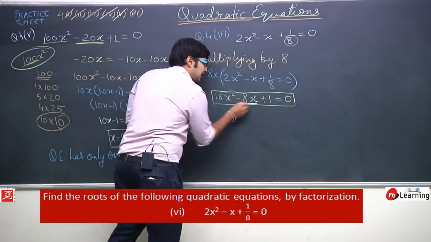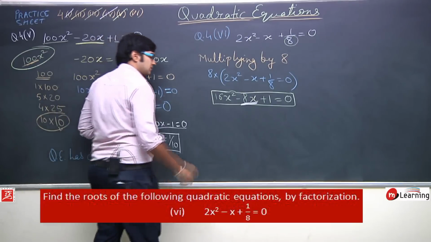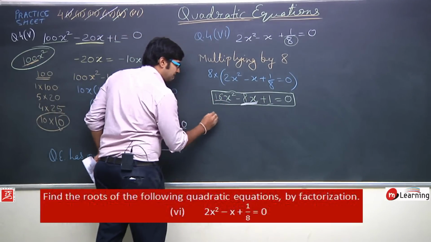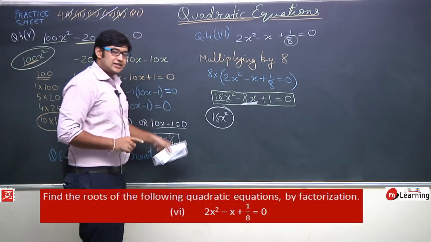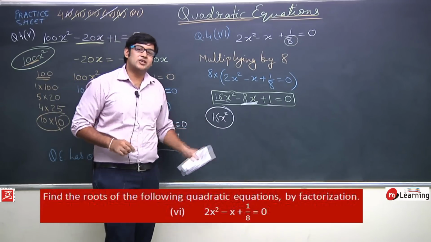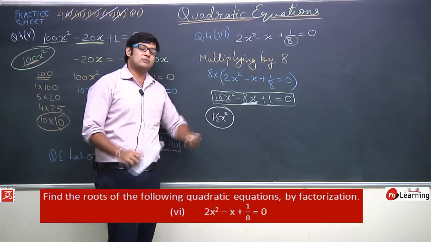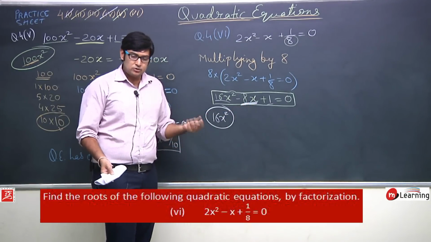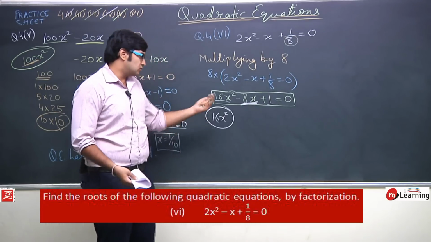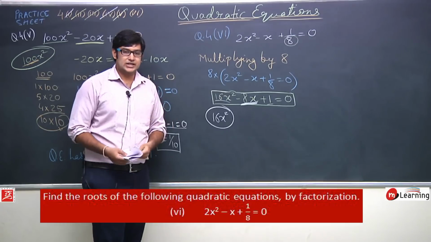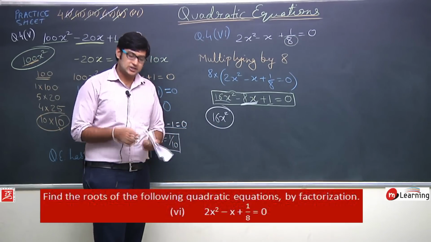We have minus 8x as the middle term. And what is the product of two terms? 16x square into 1 means 16x square. Again you can see that 16x square एक positive expression है, ये positive है. It means minus 8x को जब हम split करेंगे तब दो terms add होने चाहिए. तो add दो terms कैसे होने चाहिए? add up होने चाहिए. Now 16x square में 16 को factorize करके देखते हैं.